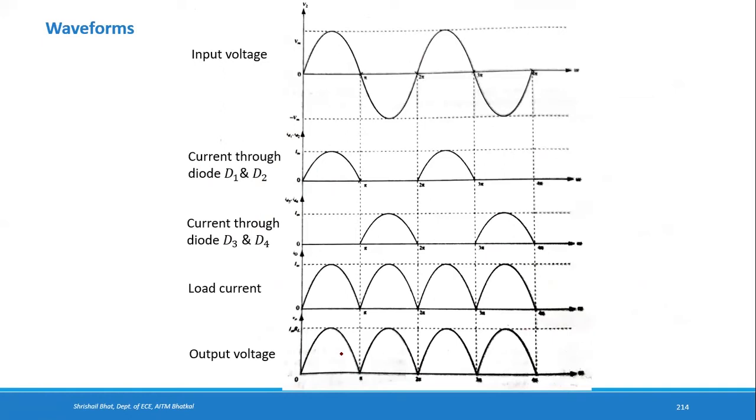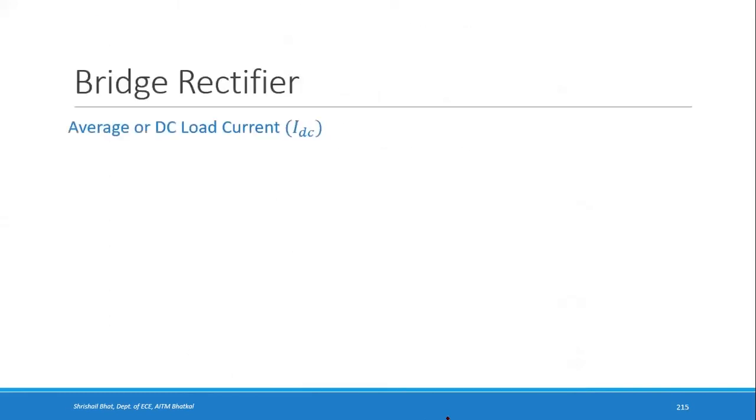So you get all the expressions same as you get in a full wave rectifier, except that in this case, the value of Im is Vm divided by 2Rf plus Rl. So wherever you had RF in the case of full wave rectifier with 2 diodes, here there will be 2 RF. In case of 4 diodes, 2 of the diodes will be on in each half cycle. So there will be 2 RFs in series. That's why here, wherever there was RF in that case, here there will be 2 RF. So Im will be equal to Vm divided by 2 RF plus RL. So based on that, some of the equations which involve RF will change from RF to 2RF. So we will see each of the parameters one by one.